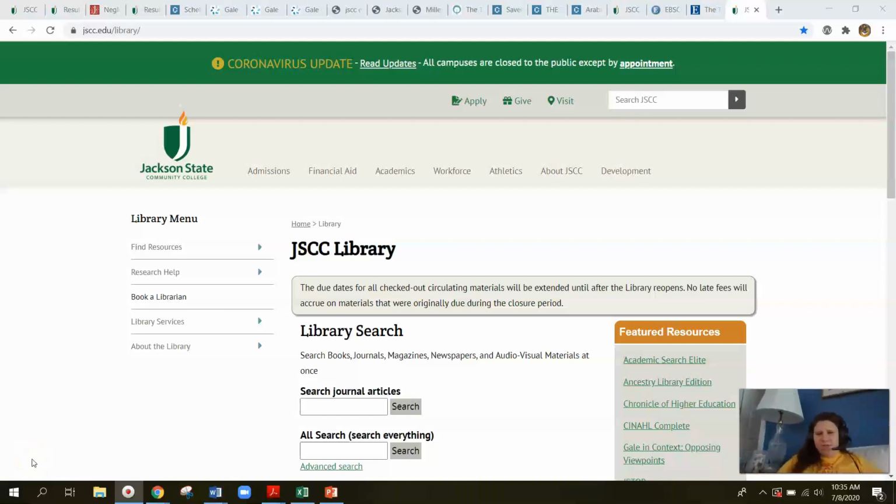I am the instruction librarian here at Jackson State, and today I'm going to show you how to do research on a quite hard topic, actually. This is geared towards the process of research, how it can change and evolve, and sometimes you might hit roadblocks and you'll have to try changing your search terms perhaps, or you might have to go different ways to find information.